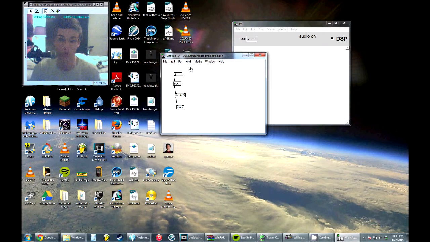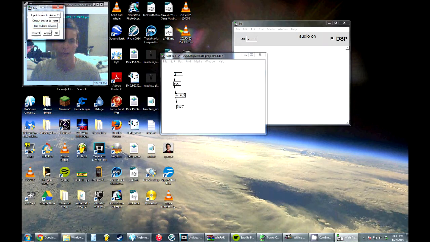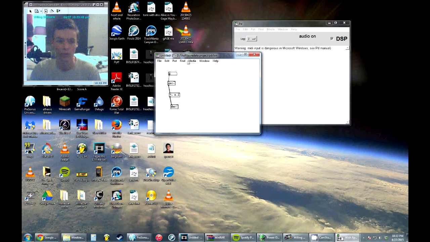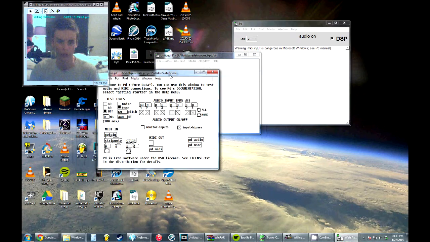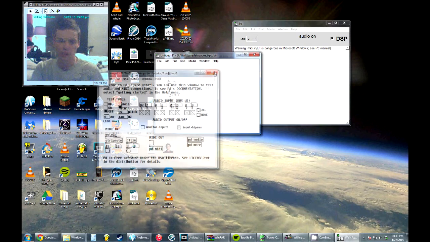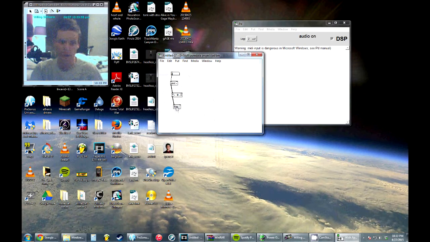So now we want to make sure our MIDI device is hooked up to Pure Data, and you're going to go to Media and MIDI settings and select whatever your MIDI device is. Hit OK, and then to make sure that this is working right, we're going to go to Test Audio and MIDI, and then press a couple keys on your keyboard and make sure some numbers are popping up right there. So once you got that working,